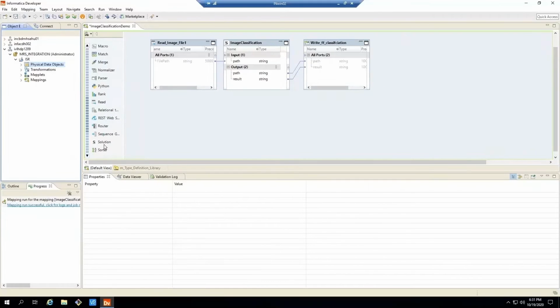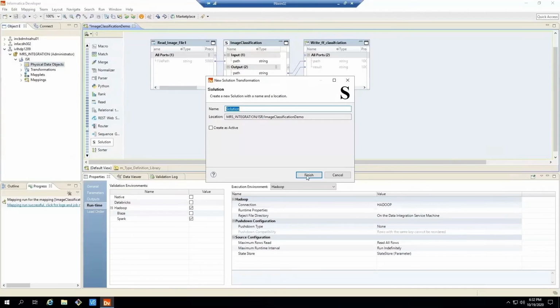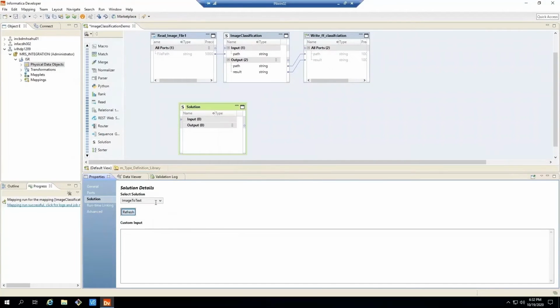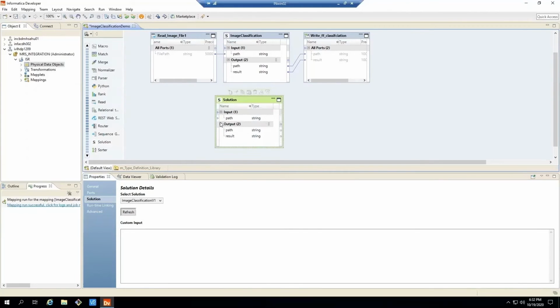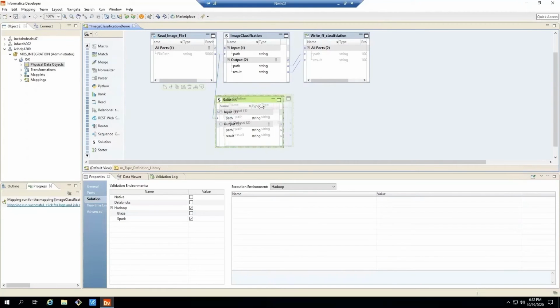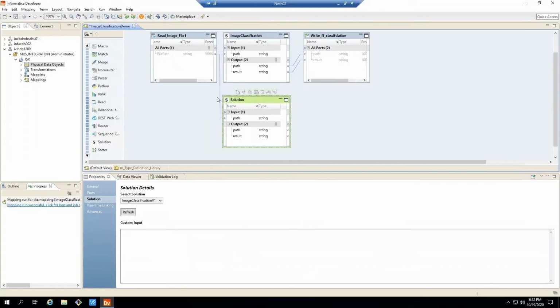So for this case, we are going to use the solution transformation, which provides an option to browse all the solutions that are already deployed in the AI Solutions repository. And when we select that solution here, the inputs and outputs get set automatically so that we can very easily connect the inputs and outputs and then run that mapping.